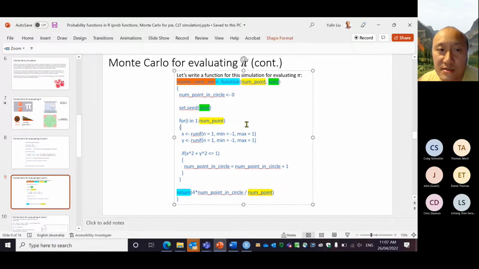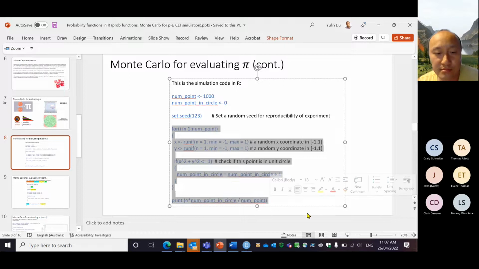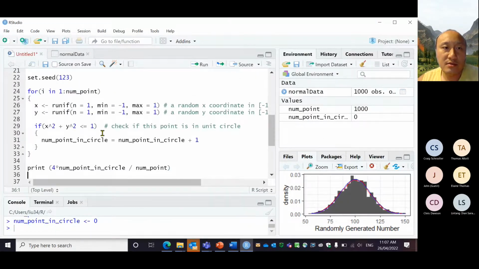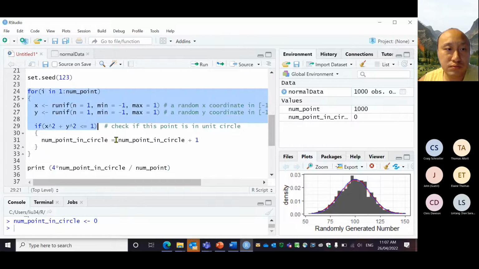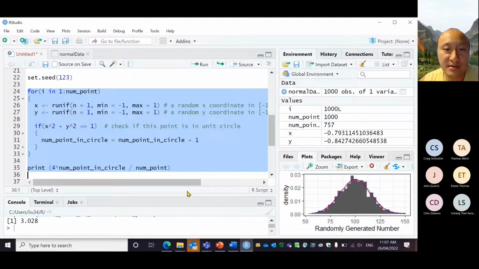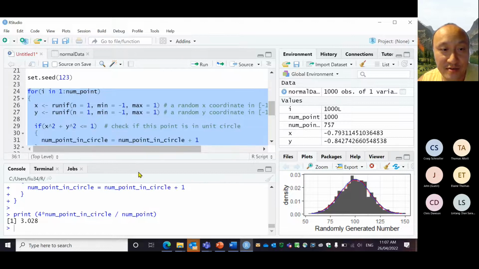Okay, so let's do this now. Let's see if we get a 3.14 something. Okay, run. Very quick. Our evaluation is 3.028. All right, not too bad. It's a 3 point something. It's quite close to the